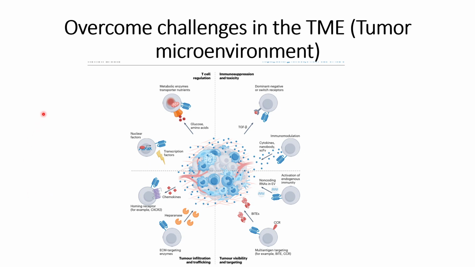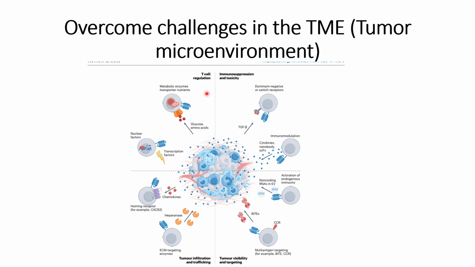In this video, we will continue our discussion about the main topic, that is how to overcome challenges in the TME, that is tumor microenvironment. And these challenges we are talking about with respect to CAR development, or what are the modifications that one can do in the CAR design to improve their challenges in the TME and thereby increase the CAR T therapies' efficiencies. So some of the points are a repetition of what we have discussed in a previous video,